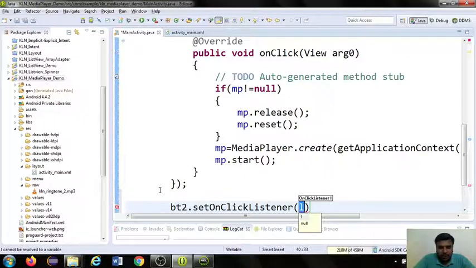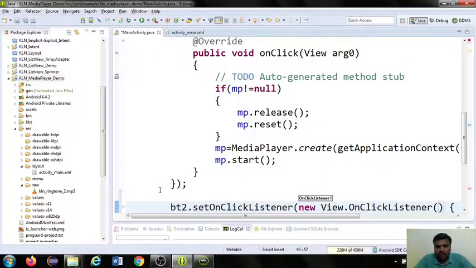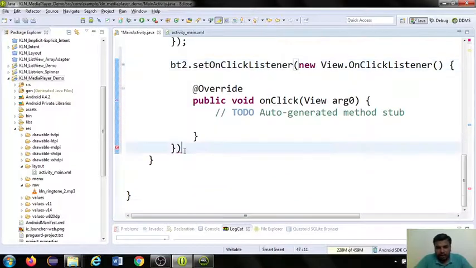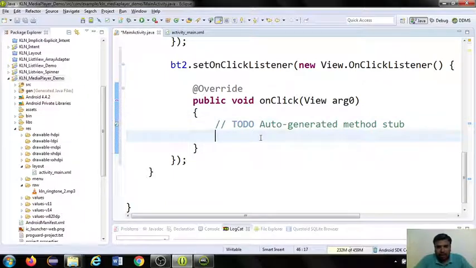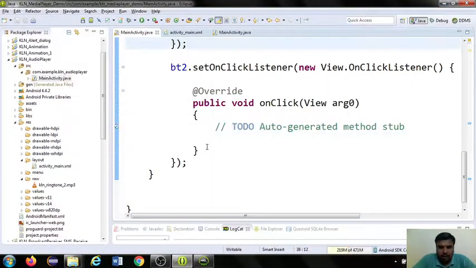Then new view dot on click listener, which will have the override method called on click. You have to write your own logic inside this. In order to have logic for the pause button, your coding will be like this.